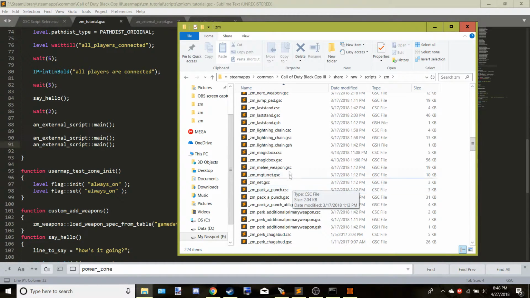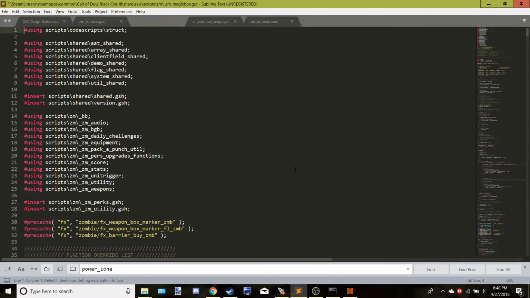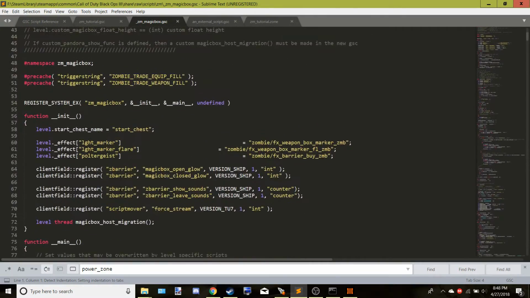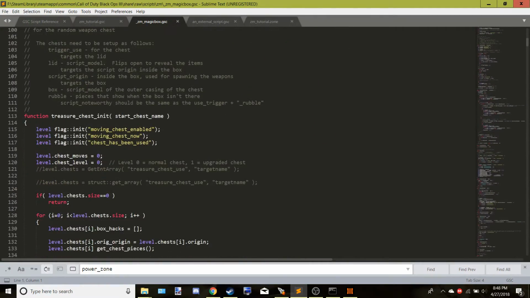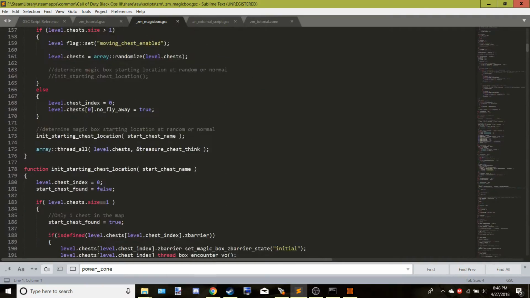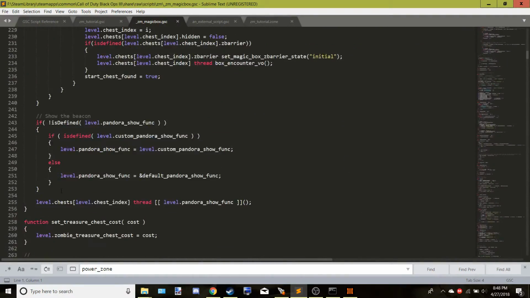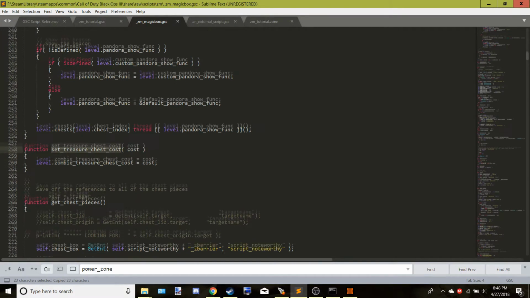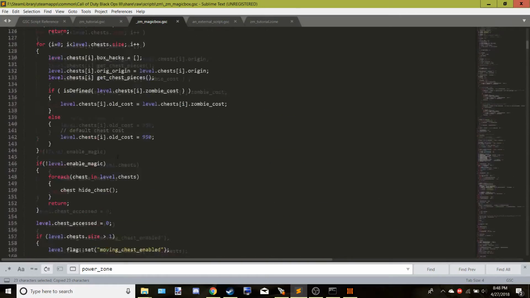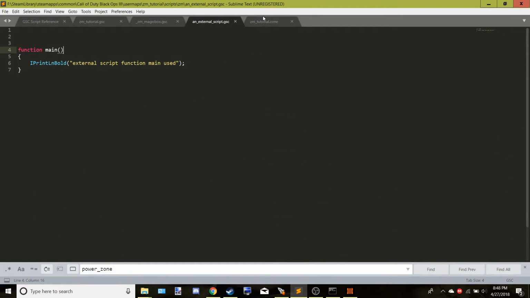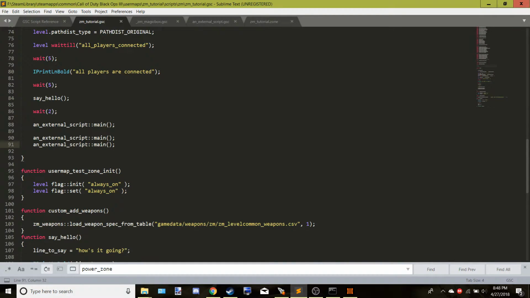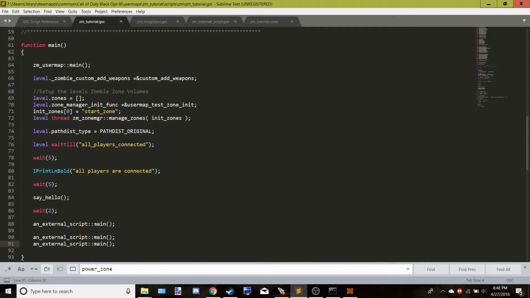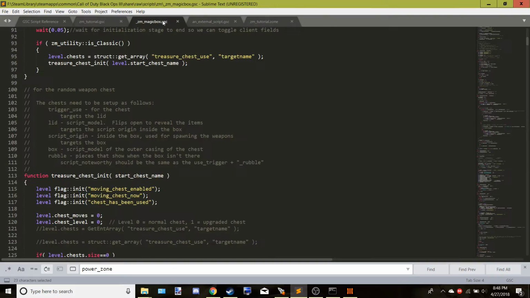So if, say, I wanted to call a function that's in the magic box script, I could do that. I probably wouldn't want to call all these. Set treasure chest cost, actually, that's a good one. So I could call that, so long as I have the hashtag using in the script I'm calling it from, and I reference it properly, which is why I want to talk briefly about